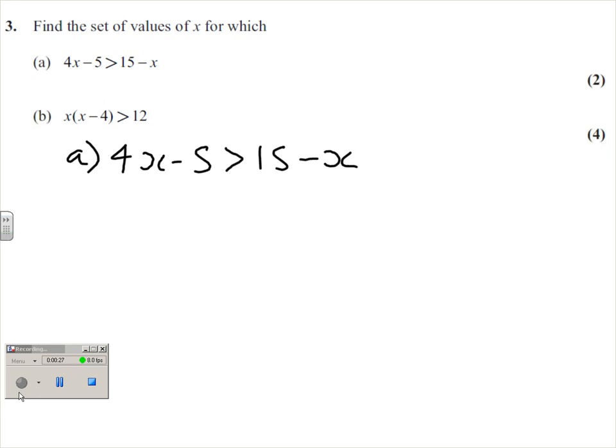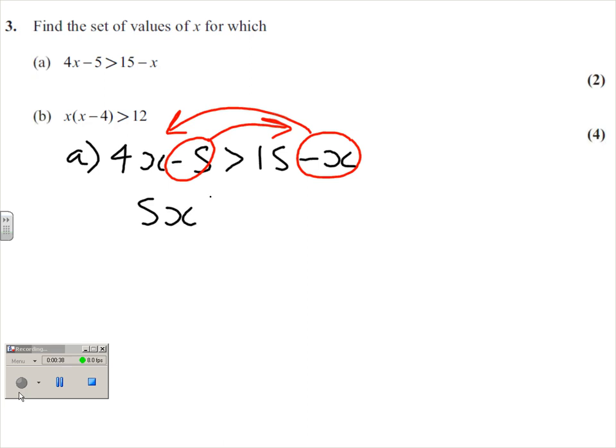Right, linear. So we will take the minus x over to the left, and that means we're keeping the x's positive. Makes it much easier. So we have 5x on the left, and we're going to take the numbers over to the right. So that gives us 20, and then divide by 5. X is greater than 4. That is all there is to it. That's why it's just 2 marks. With part B,